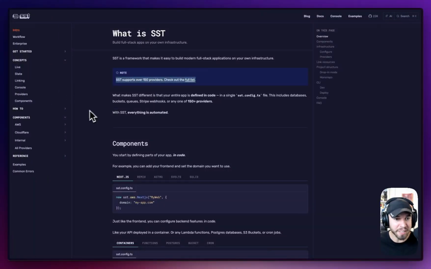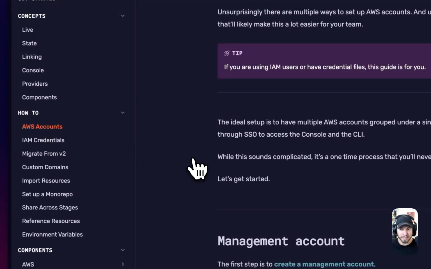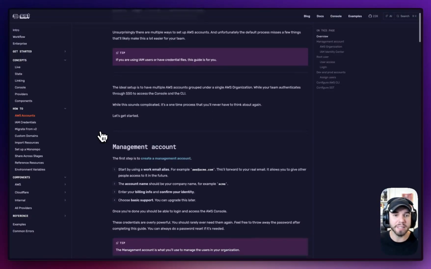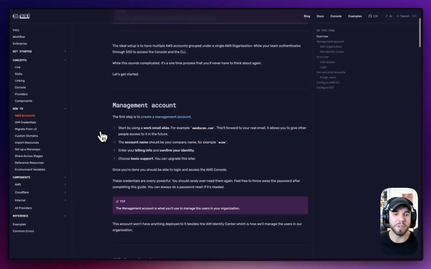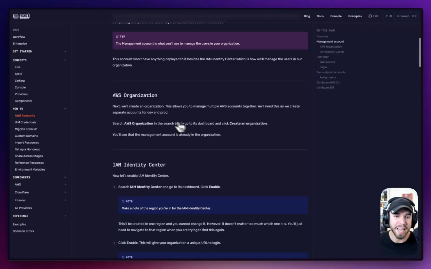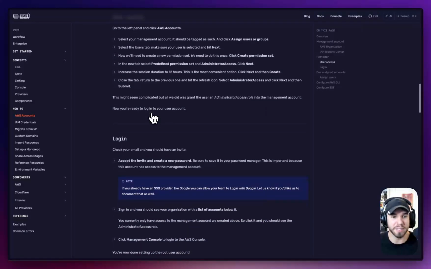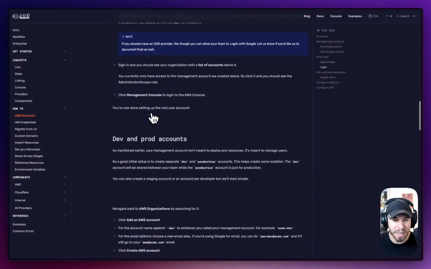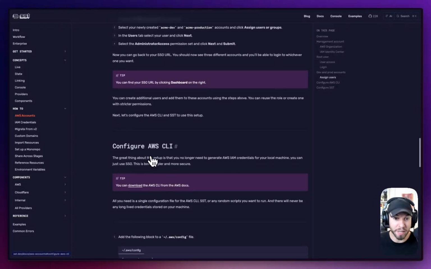But to get started, the things that you'll need are AWS accounts. Now, I'm not going to go through the whole thing, and mind you, it is a pretty lengthy process. But within 20 minutes, you should be up and running. You go through the management account, you create an organization, you create some users. One of them is going to be root. Then there's going to be different users for different stages for you to better manage your different environments, dev and prod accounts. You will need to configure the AWS CLI,